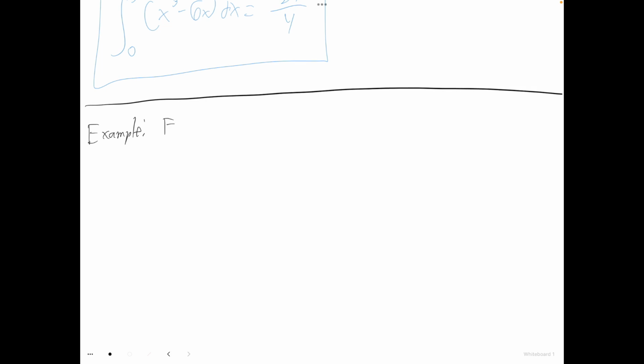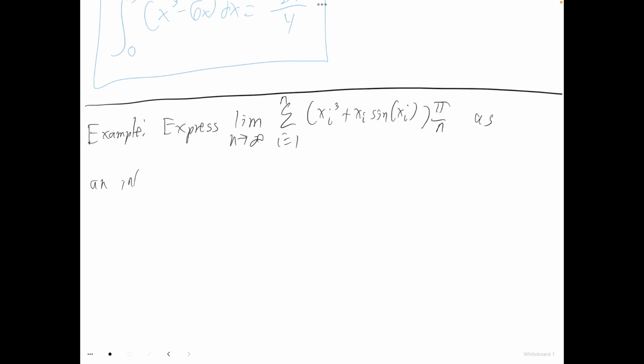So we want to express the limit as n goes to infinity of the sum from i equals 1 to n of xi cubed plus xi sine of xi times pi over n as an integral